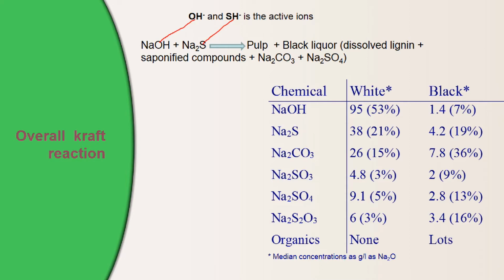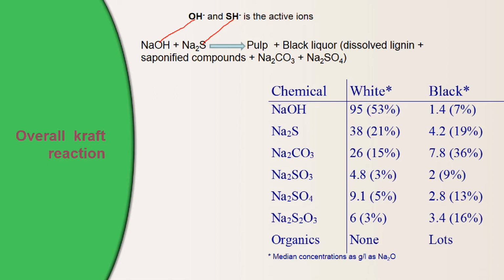And obviously the first product is the pulp or the separated fibers, and then black liquor. In this black liquor we will have dissolved lignin, some saponified components that were saponified during the Kraft cooking process, and then our cooking chemicals that would have been